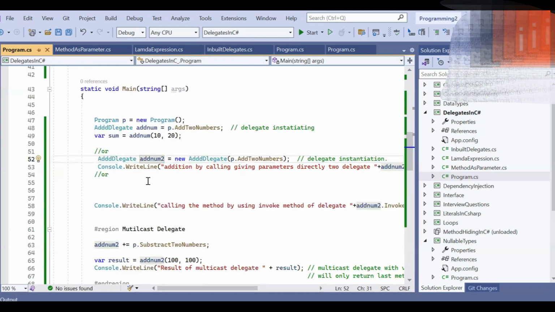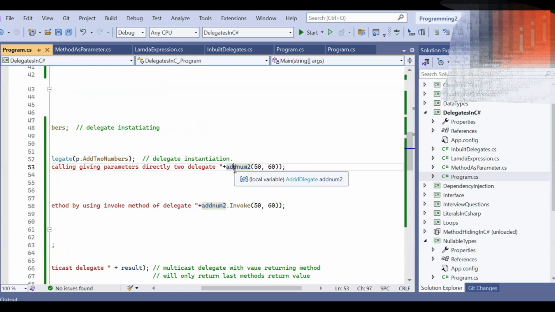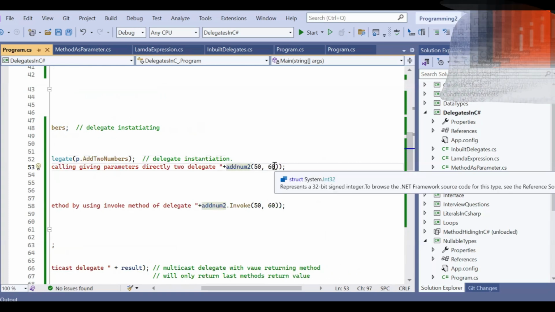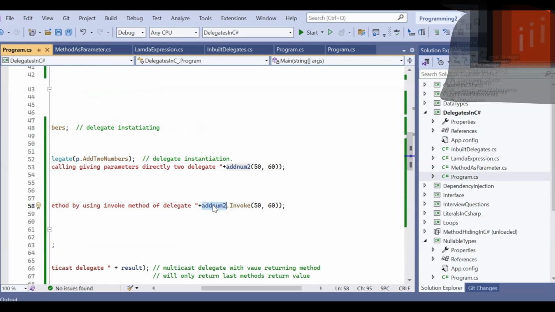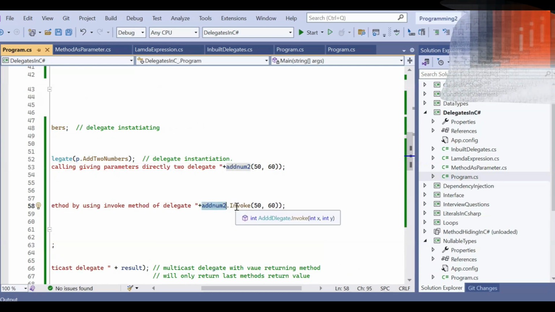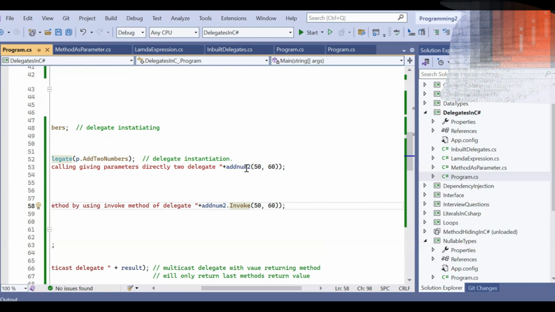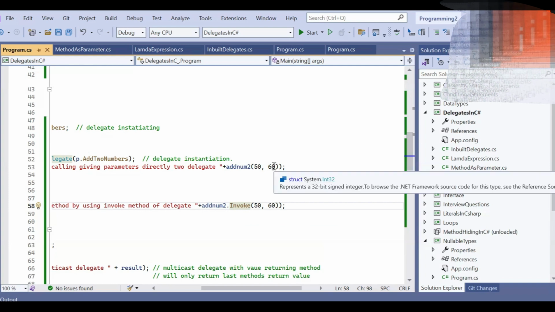Now, calling the method by using the delegate, we can also call the method by the delegate using another approach. Here you can see that I'm directly typing the name of the object and passing the parameters. Another method is the invoke method. Here I'm writing the name of the delegate, addNum2.Invoke, and giving the parameters. So both are correct. Using the invoke method you can call the method, or directly by passing the input parameters